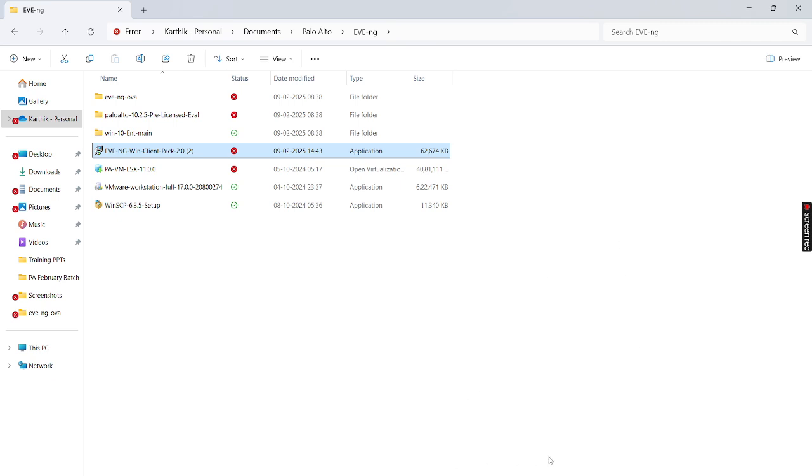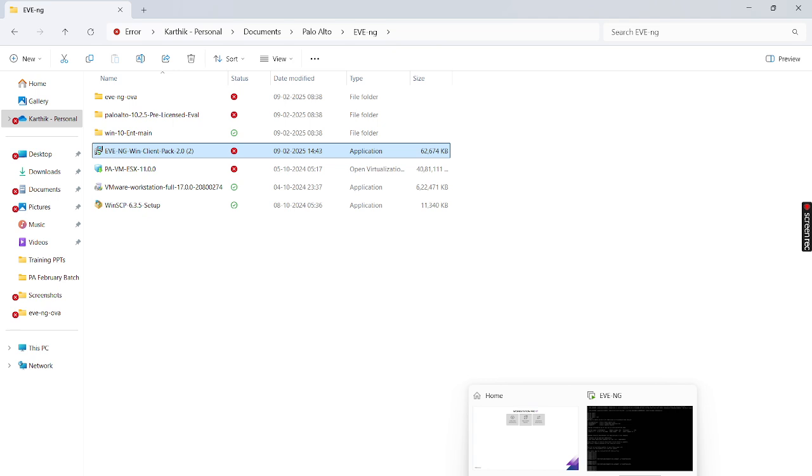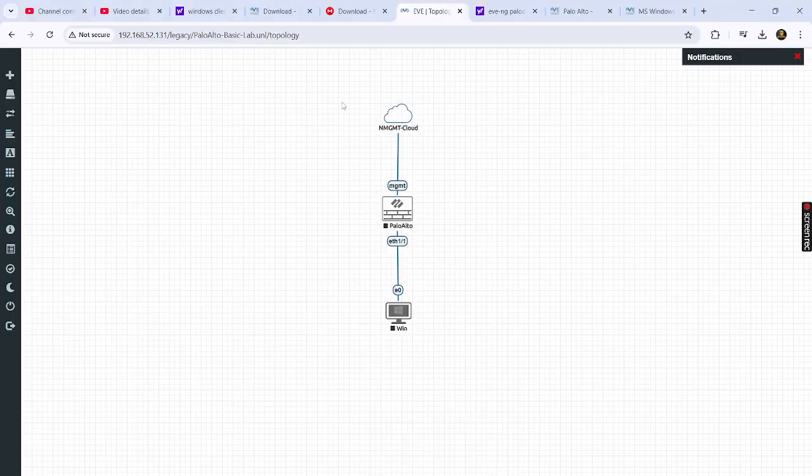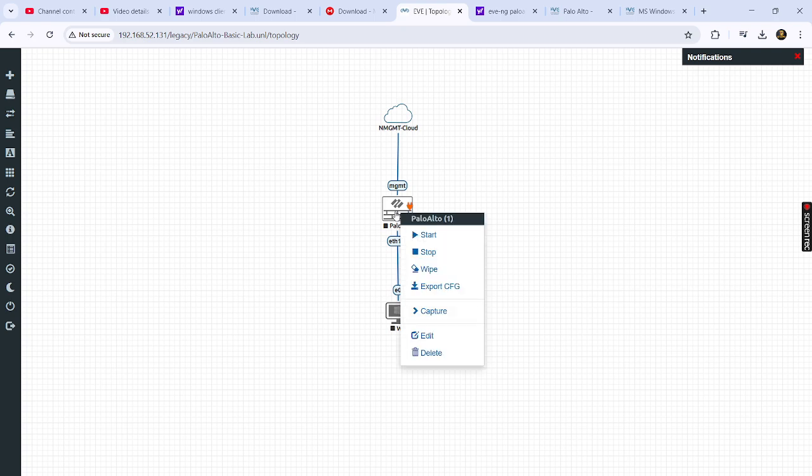So how will the Windows client side work? If you go to the device in this EVE-NG topology, we need to start the images, right? So just right click on the device and you will get the start option. Just click on start, and the Palo Alto firewall will start.